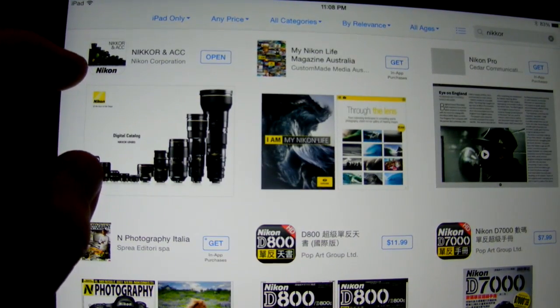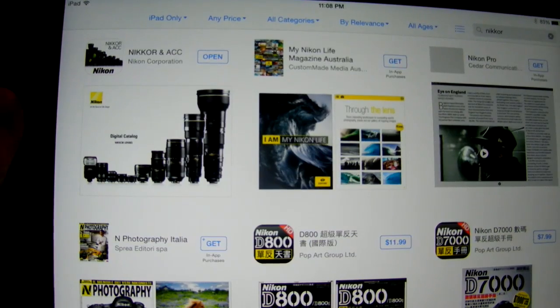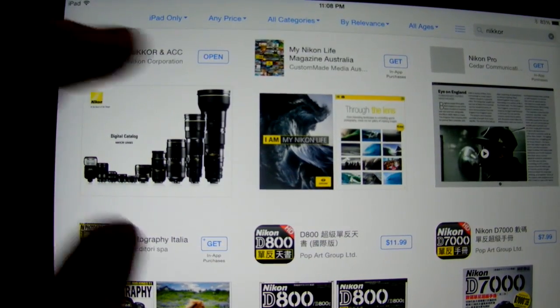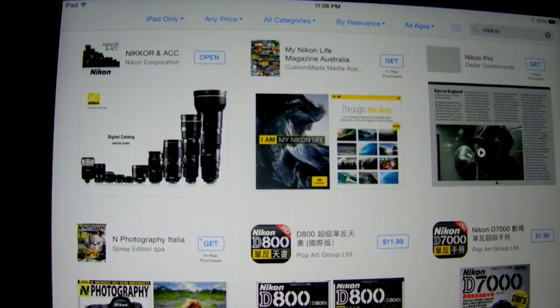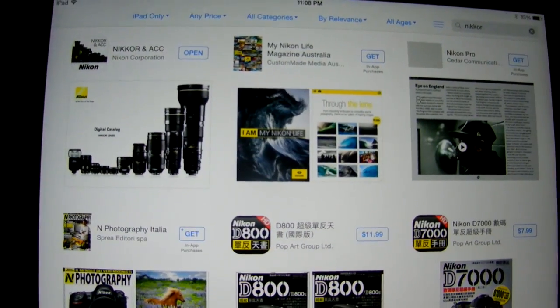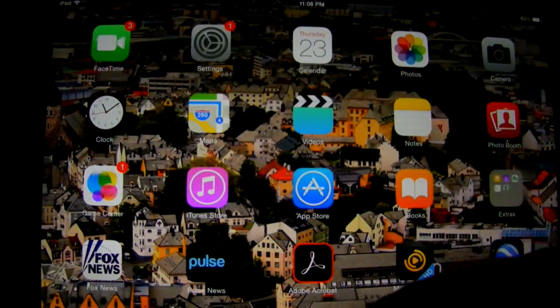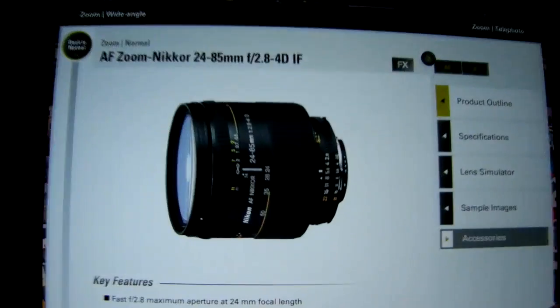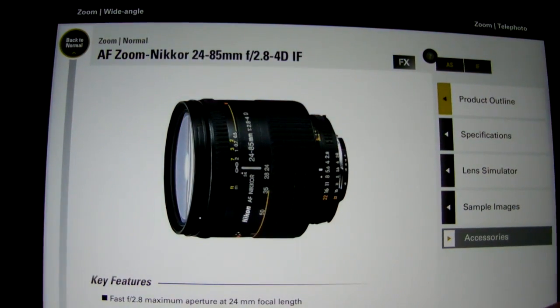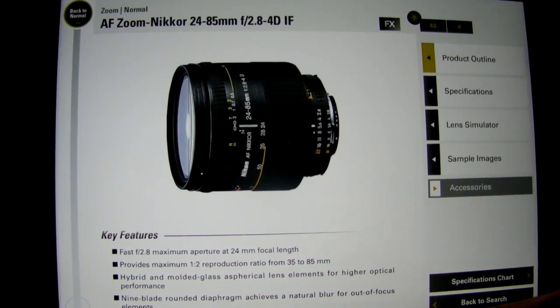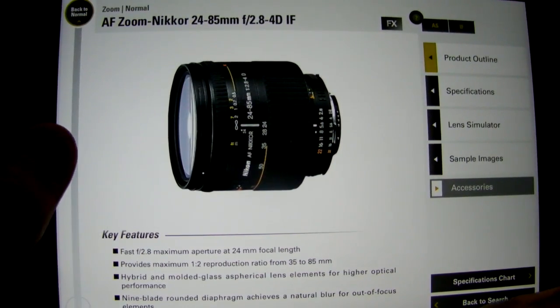Yes, I know Apple ultimately is a corporate douchebag, but so is every major company. But anyway, the application's free, and it's actually, unbelievably, far, far better than I thought it would be. So check it out. Just type in Nikon on the App Store and take a peek-see at all the possibilities,